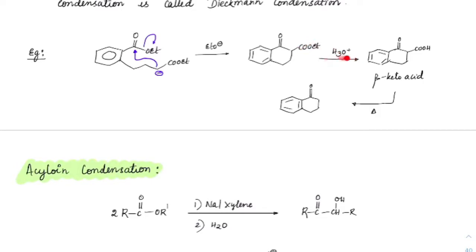Sometimes again an arrow is being mentioned. This reaction first would happen with EtO minus, right? And then again an arrow is being mentioned and showed that H3O plus is forming. Then we will get this as beta keto acid. That on further heating, you know that beta keto acids, CO2 will be released out of it. Okay, decarboxylation will happen and you'll get that respective ketone. This is the example which you can go through. Okay.